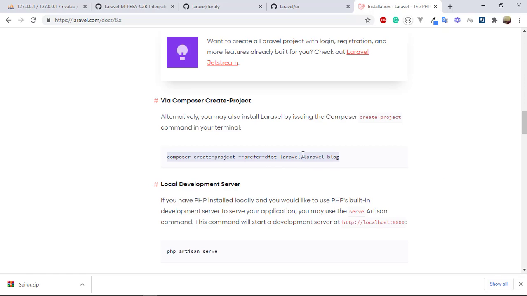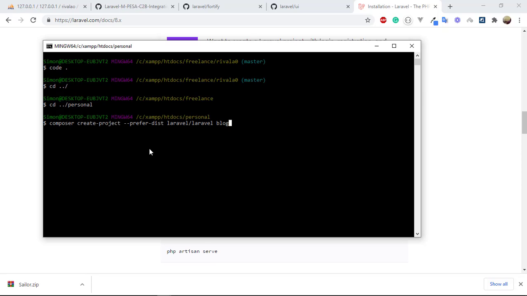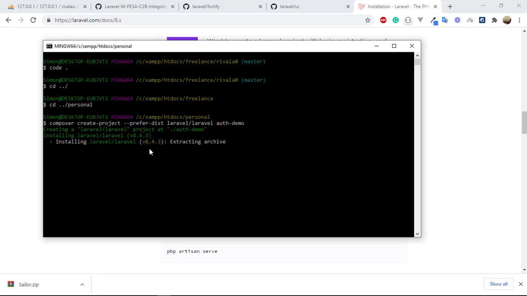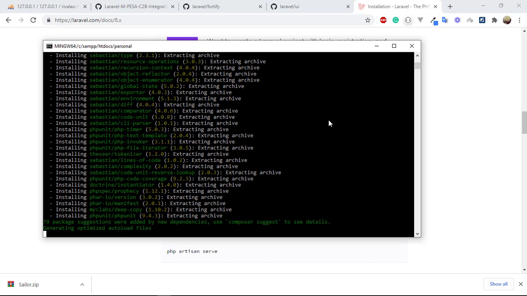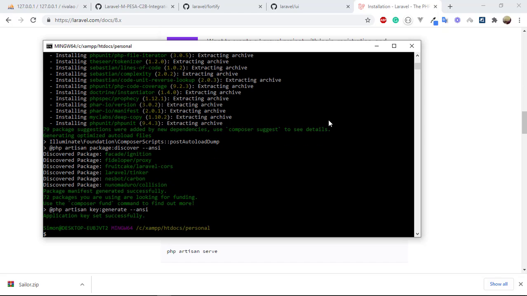So I just copy that link, and then after that I navigate to the terminal and paste it. So instead of the default name, I just type auth demo like that and hit enter. That is going to install the latest version of Laravel, which is Laravel, I think 8.4 now. Alright, now that the project has been installed successfully, we move to that directory, that is auth demo,